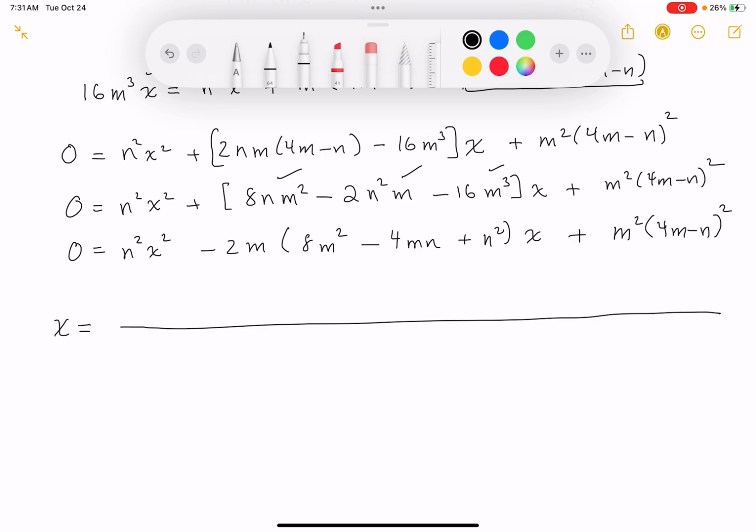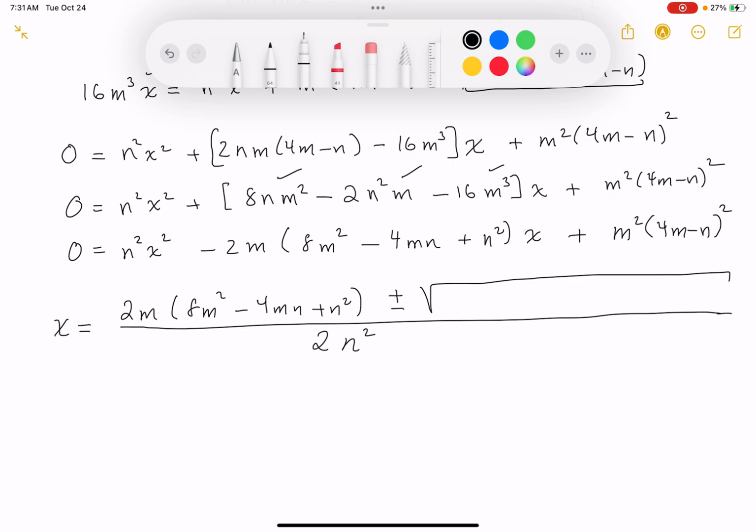What goes on the bottom? That's going to be 2 times the coefficient on the square term, so 2n squared. That's not so bad. What goes on top? The opposite of the coefficient on the linear term. So it's going to be 2m times 8m squared minus 4mn plus n squared, plus or minus,